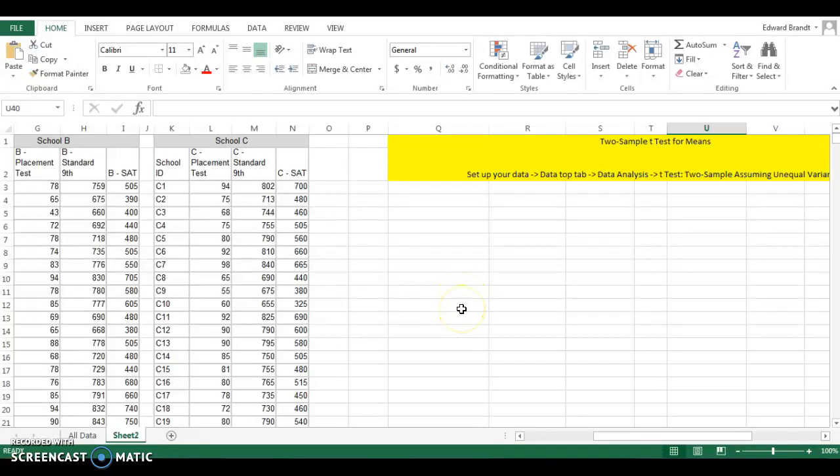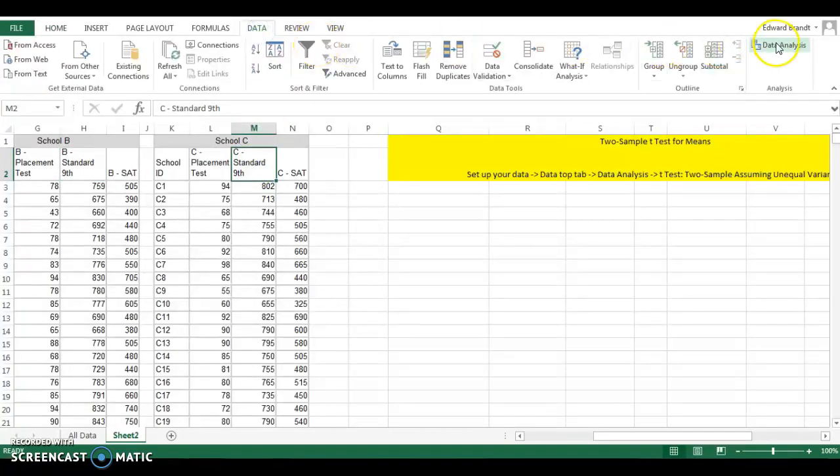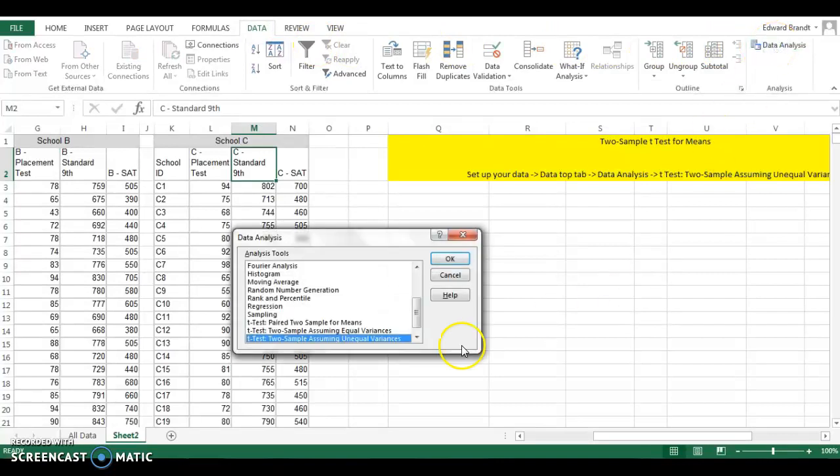For this video, we're going to walk you through how to use Excel to run a two-sample t-test, basically testing to see if there is a significant difference between two sets of data. In this case, we're going to compare ninth grade standardized tests for School B versus ninth grade standardized tests for School C. I'm going to first go to the Data top tab, select Data Analysis,